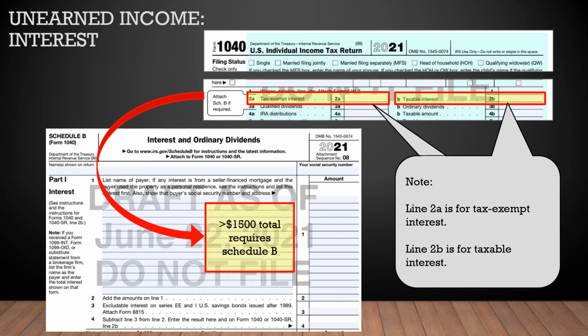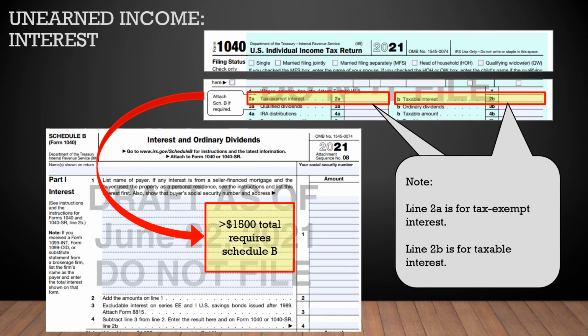So looking at how interest flows onto the Form 1040, you'll see on page 1, we have box 2A is where the tax-exempt interest shows up, and box 2B is where the taxable interest shows up. So you can see that they both show up on the front of that return, but they are separated out.